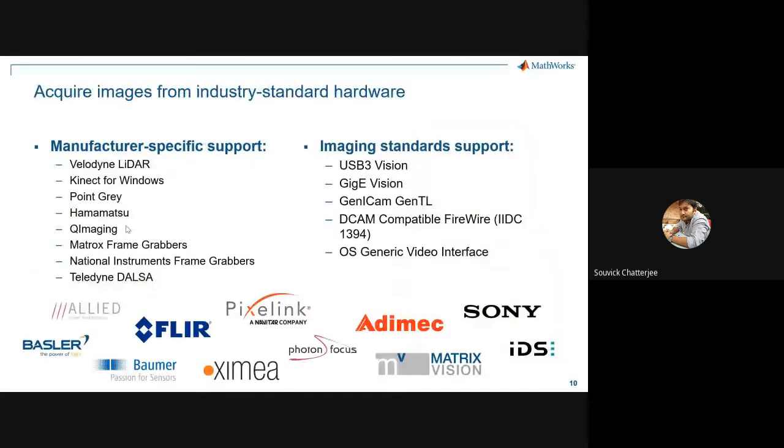Now in terms of manufacturer specific support, I'm going a little bit into the biomedical part of it. These are all different types of manufacturer specific support which is there. This is in the medical world. These are typically cameras used for different types of integration. We have worked with all these things. Recently we have done something on Basler as well. Basler works pretty nicely.